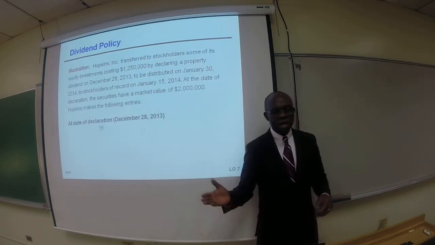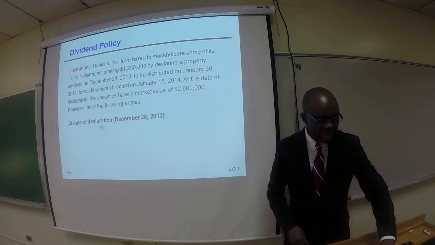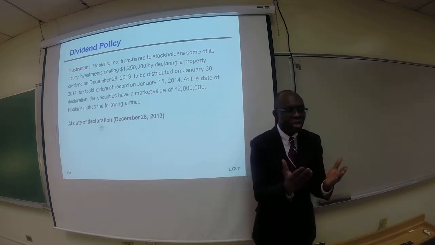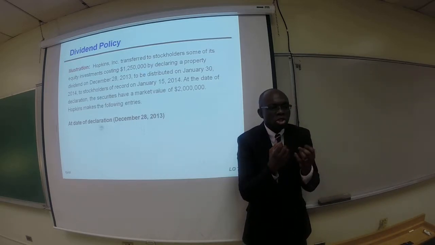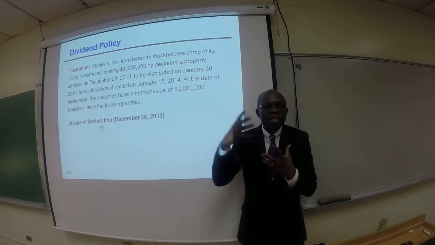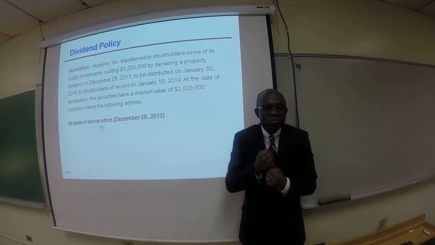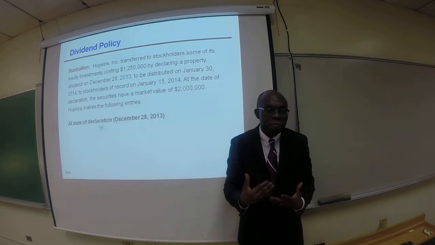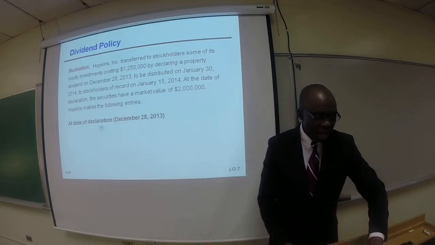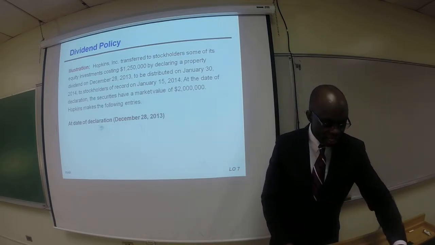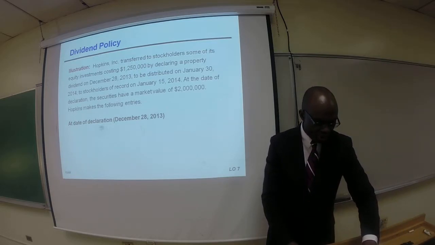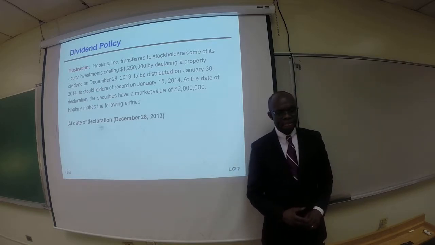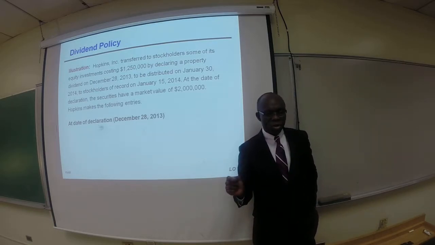So this company transferred to their stockholders an equity investment costing $1.2 million. What does that mean? So this company has stock of another company that they purchased as an investment. This is not their own stock now. This is stock of another company that they purchased in the form of an investment. Now they decided to distribute that stock, or that investment, as a dividend. It cost them $1.25 million, okay,